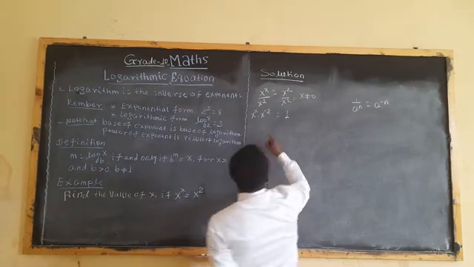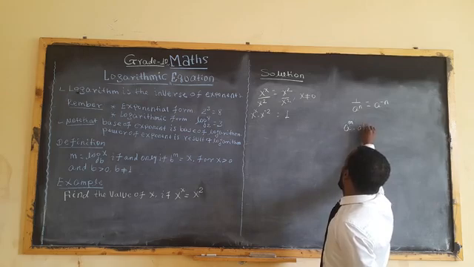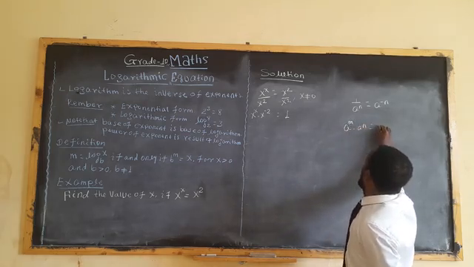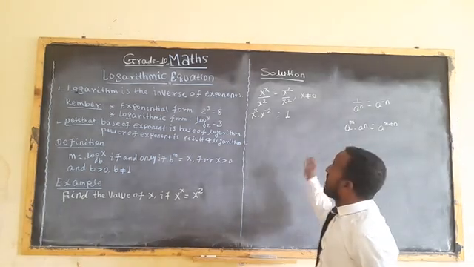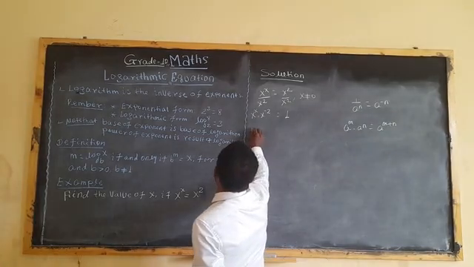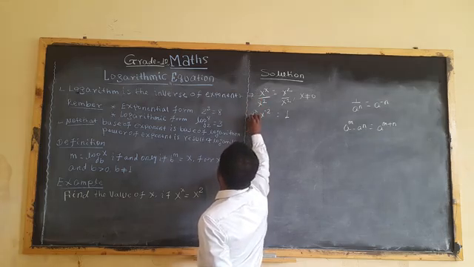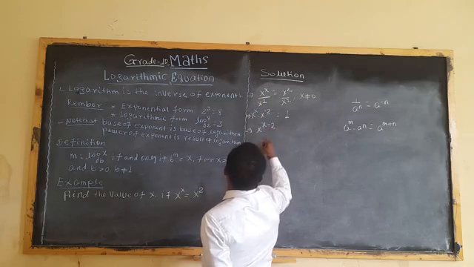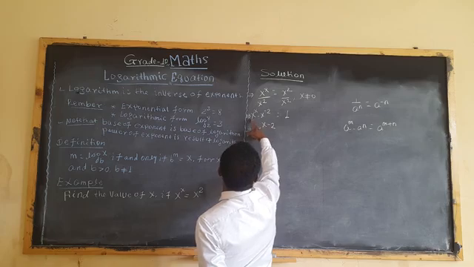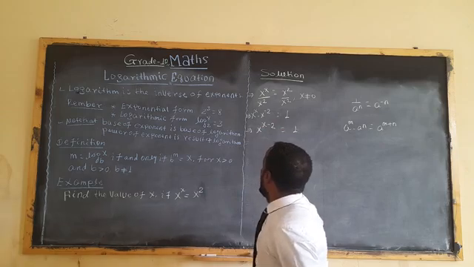There is an exponential rule here, a to the power of m times a to the power of n, we can add this one, a to the power of m plus n. Having this rule, we can take this one as x to the power of x minus 2, because the base of the exponent is the same x,